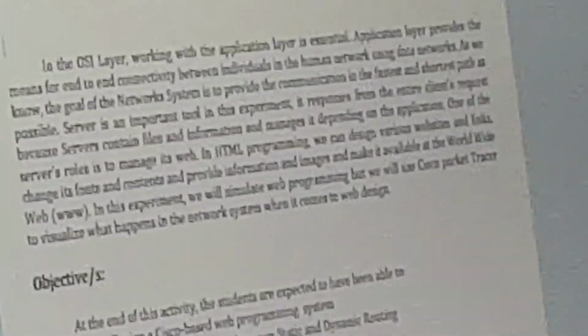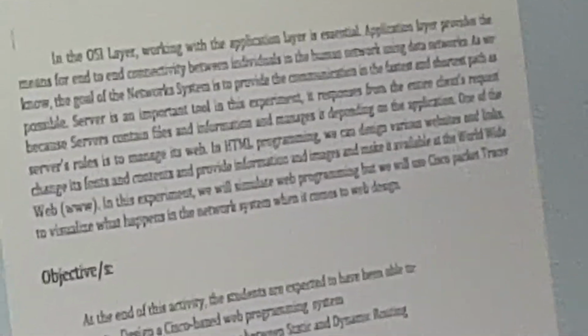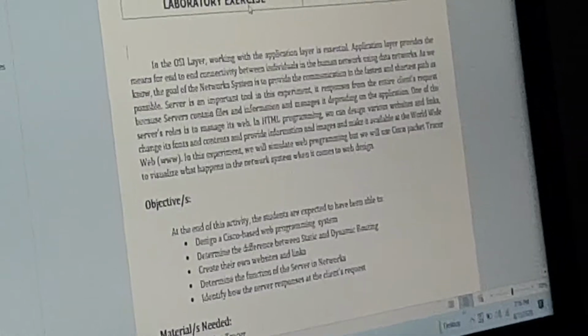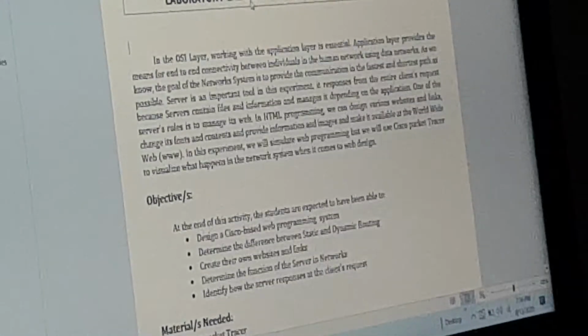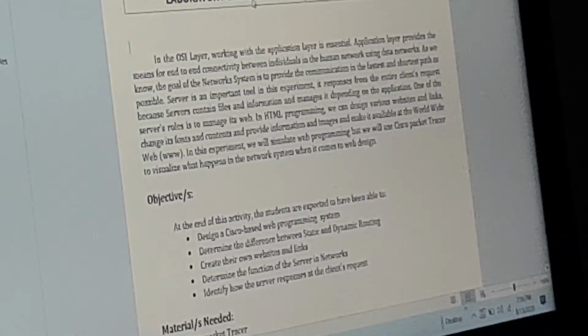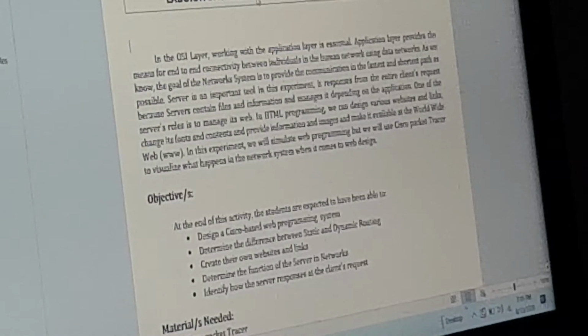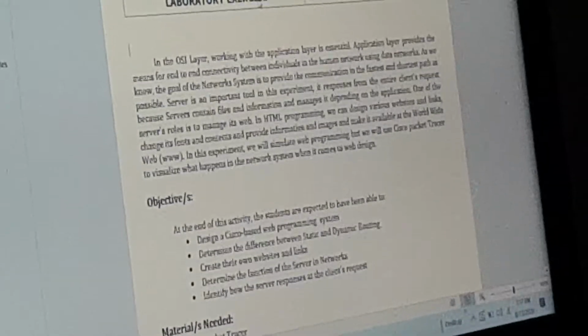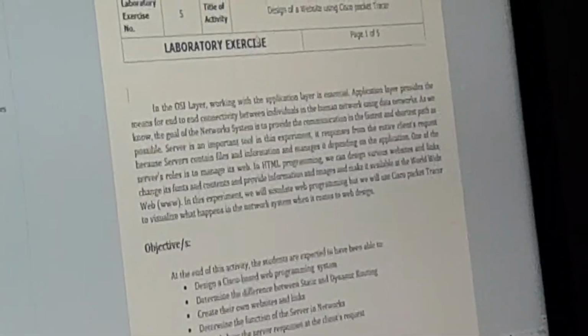In HTML programming, we can design various websites and links, change fonts and contents, and provide information and images and make them available on the World Wide Web, WWW. In the experiment, we will simulate with web programming, but we will use Cisco Packet Tracer to visualize what happens in the network system when it comes to web design.